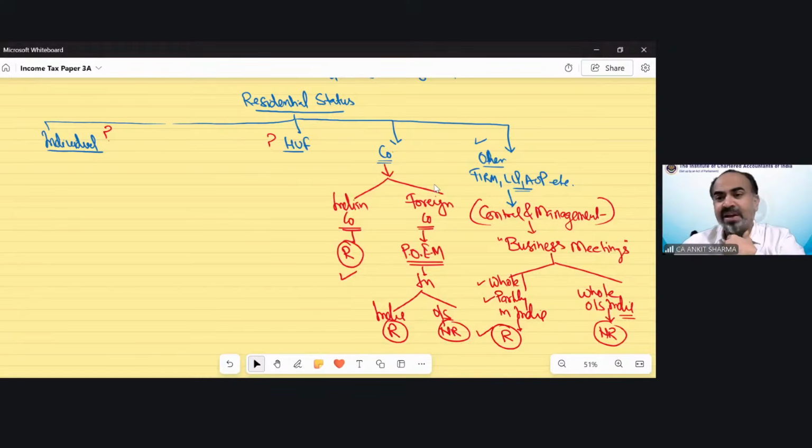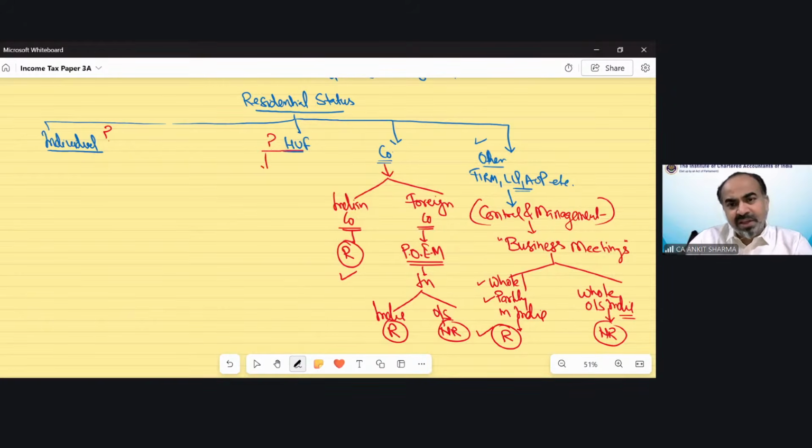Diya is saying individual HUF. Gayatri, of course, because we are doing CA course. So these very simple concepts could be a part of 1 mark questions, etc. But the main question, the descriptive kind of solution, would definitely be from the individual or HUF category. Well done. So now let's see what is the HUF concept regarding being a resident or non-resident.